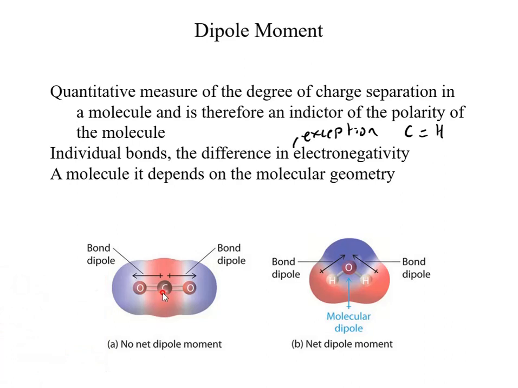So this is carbon dioxide, and even though oxygen is more electronegative than carbon, so blue is more negative and pink is more positive, I have an equal pull in two directions. I often refer to this as tug of war. If I have identical twins playing tug of war, you could be there for a very long time, because identical twins are usually very similar in build and strength, so there's not going to be an advantage of one over the other. And if you think about the flag in the middle, which would be this positive area,